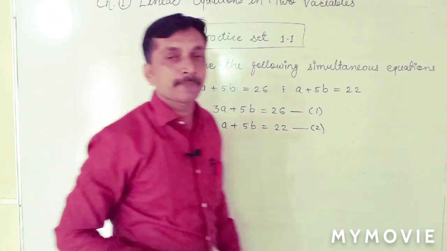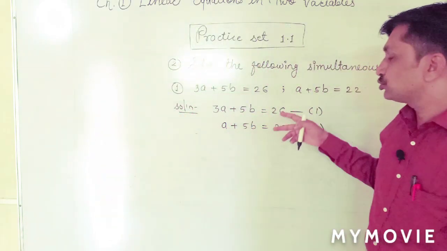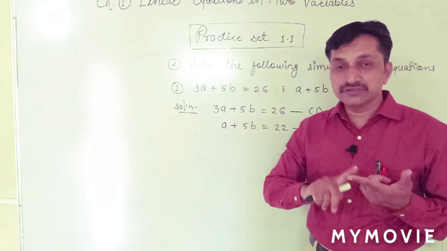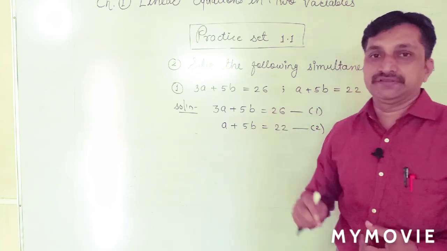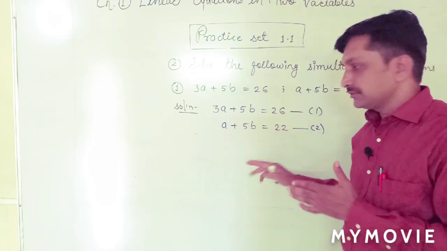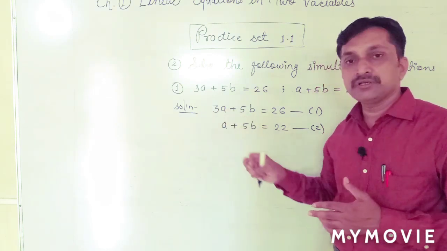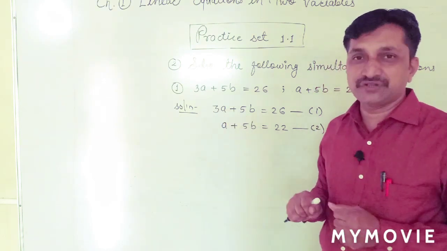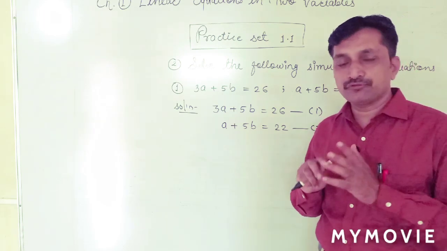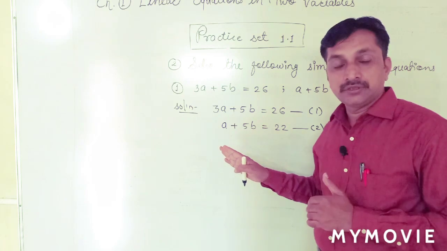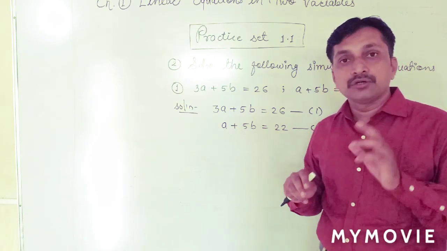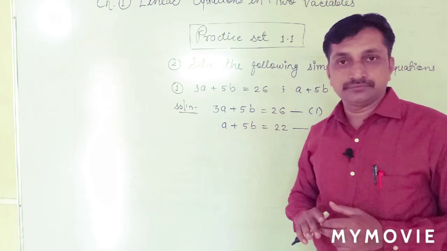Equation number 2. Now dear friends, you have to observe both the coefficients carefully. First you see their coefficients, second you see their signs. That is very important. When we eliminate any variable, either a or b, for that we want equal coefficients. If they are not equal, we have to equate them. This means first of all we have to see their coefficients. After the coefficients we have to see their signs. For elimination we always want opposite signs.